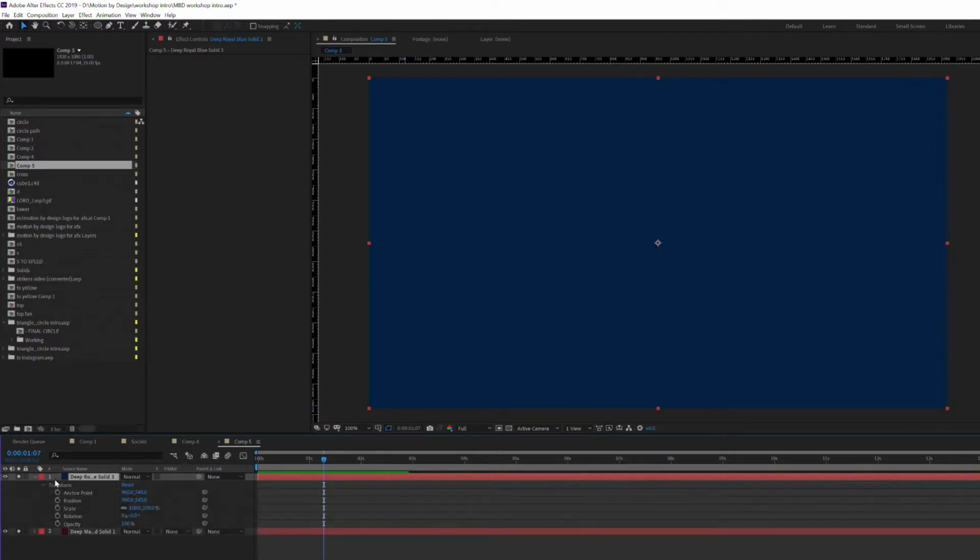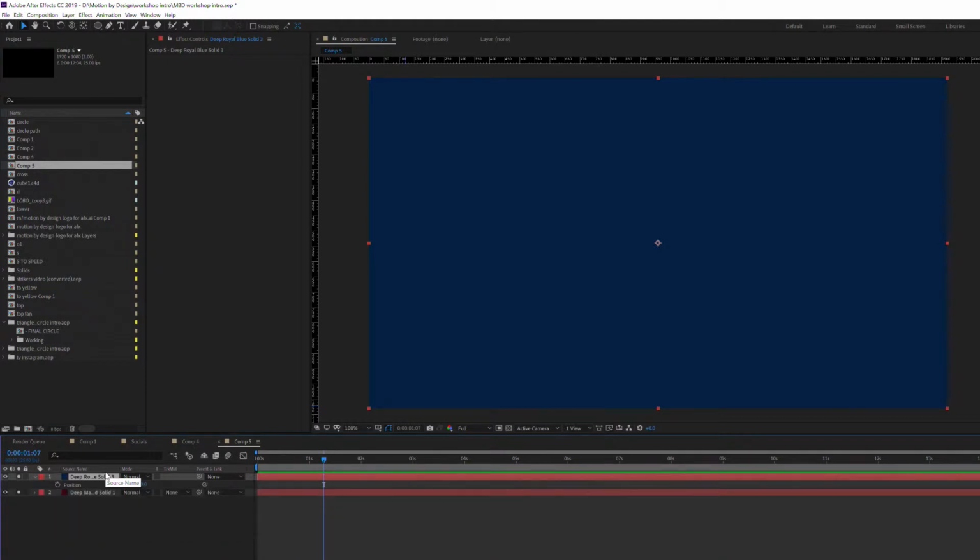The shortcuts for all of these are basically the starting letter except for opacity. So if I want to see position, I just hit P with the layer selected. If I want to show scale, I just hit S. If I want to show more than just one thing at a time, so I've got scale at the moment, if I wanted to show position as well, I just hold Shift and then I hit P, and then it